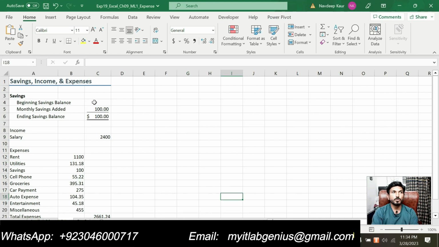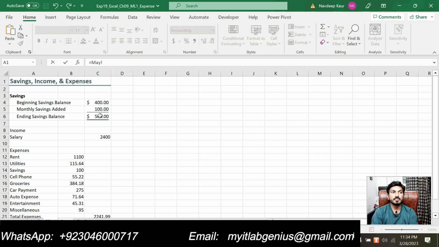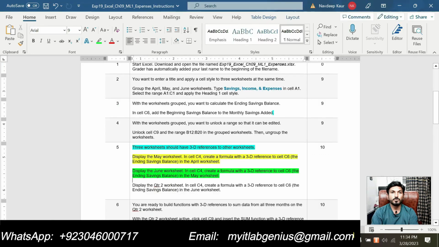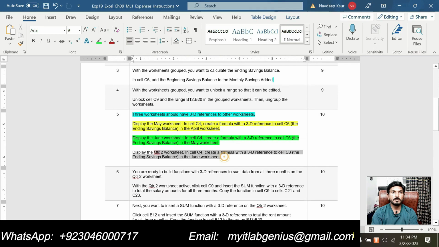So for this we will go to the June worksheet, click on cell C4. After clicking on cell C4, type an equal sign and then we will go to the May worksheet to select our reference cell, and our reference cell is cell C6 of the May worksheet. So just click on it and press enter. So we got the value for the beginning saving balance for the June worksheet. So that is for this one. So next thing is